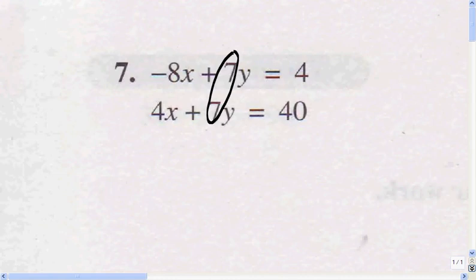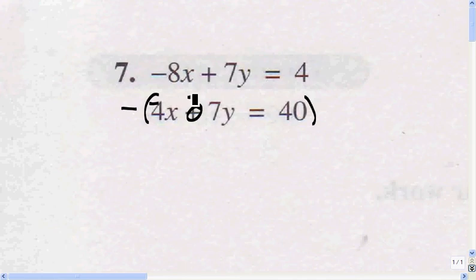Now, not only do the coefficients of the variables have to be the same, but the signs have to be different. So remember that. Coefficients the same, signs different. But as you can see, the signs aren't different here. So I'm going to make one of the signs a negative by multiplying everything by a negative. So if I multiply the bottom equation by a negative, that gives me a negative 4x, a negative 7y, and